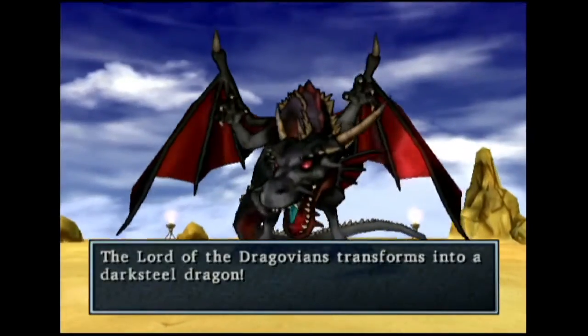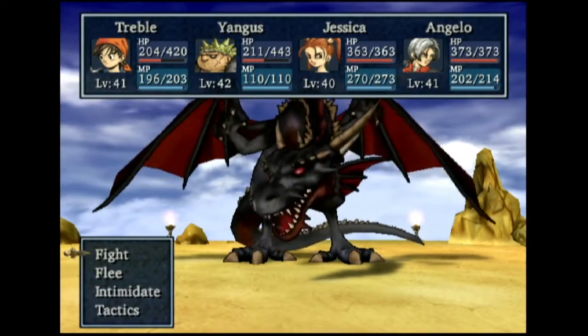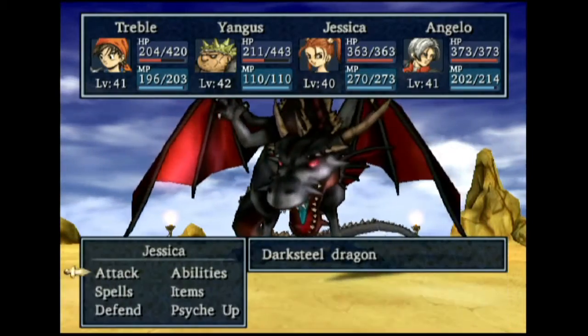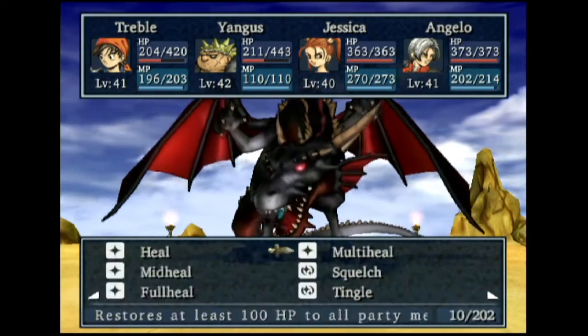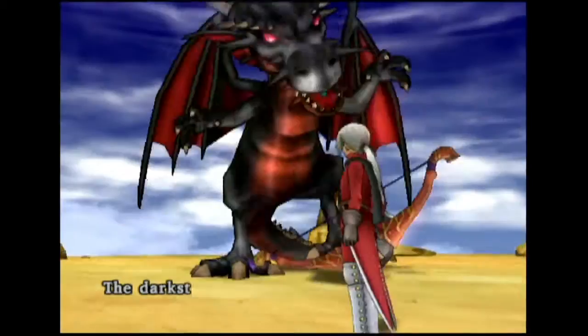Today we're fighting the Darksteel Dragon. This guy has 1,910 hit points. Don't let that number fool you, because he is kind of like a metal slime, except with more pain and suffering. He gets 3 attacks per round, potentially,